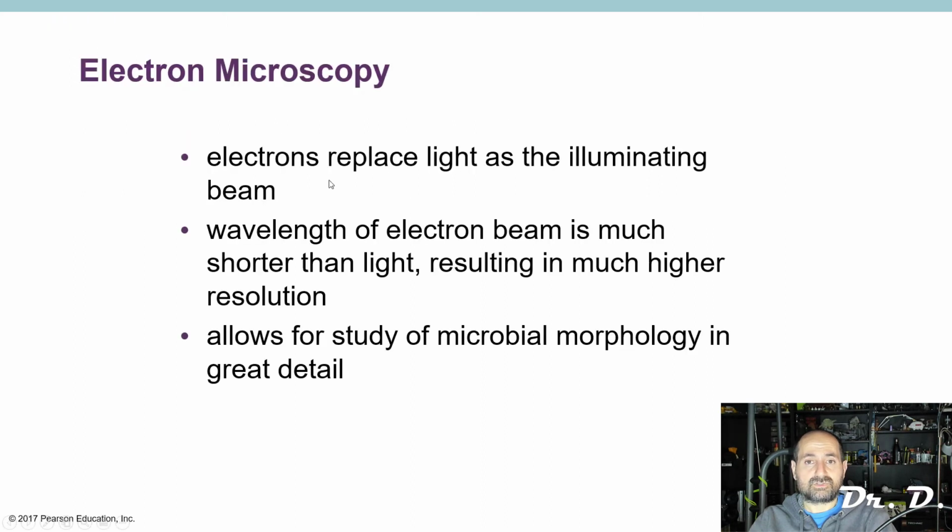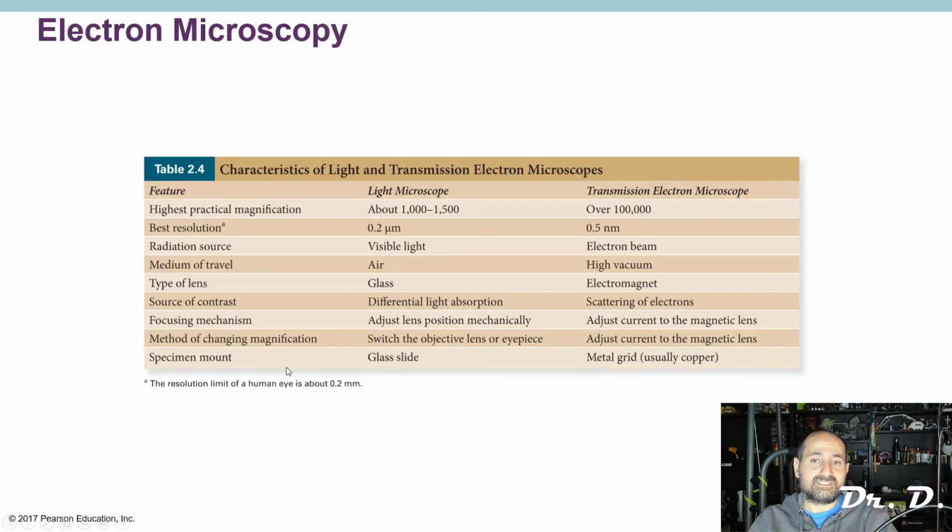Remember that in electron microscopy, electrons replace light as the illuminating beam, as the electromagnetic radiation. The wavelength of an electron is much, much shorter than light. This is why you get so much more resolution, and this allows us to get so much more detail. Here's a nice table juxtaposing light microscopy and transmission electron microscopy,